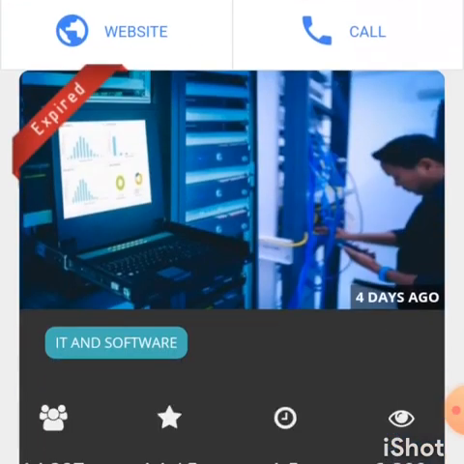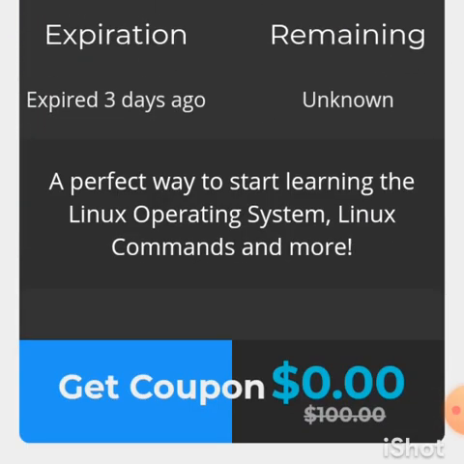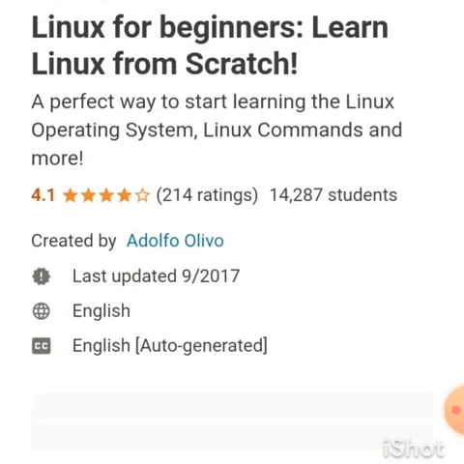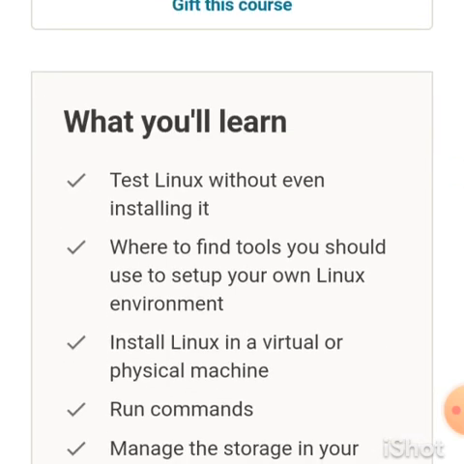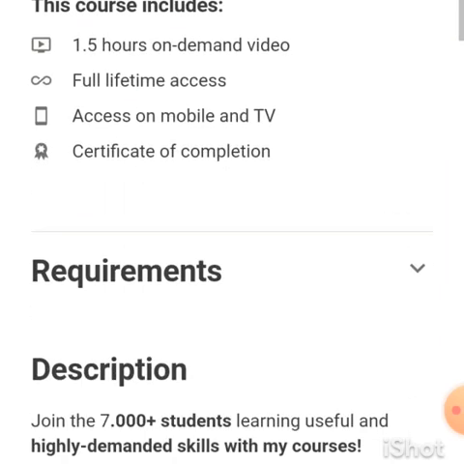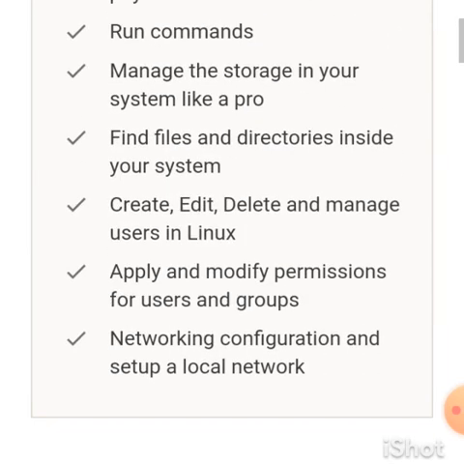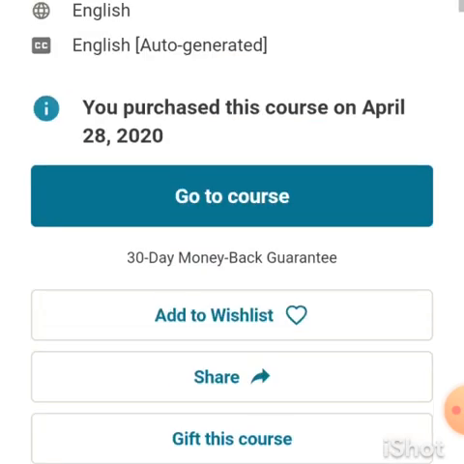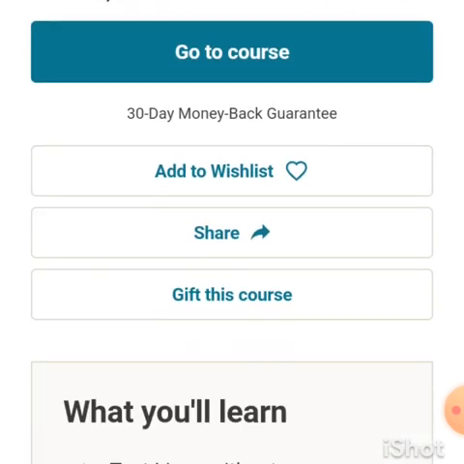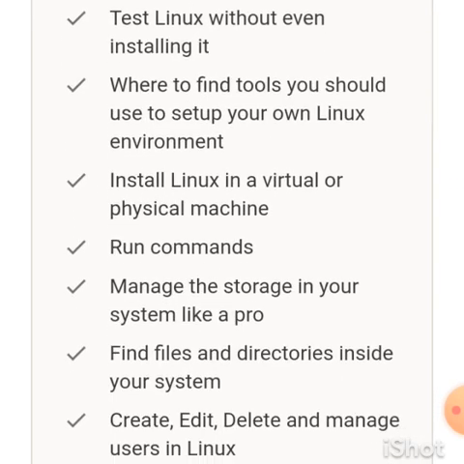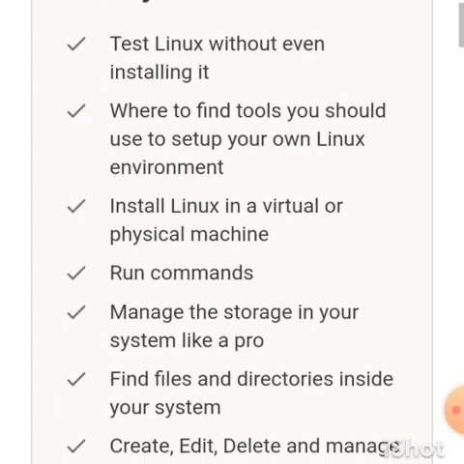There you just click on get coupon. On the next step you can see whether they are providing the certificate or not. Here we see the information: description, networking, test.